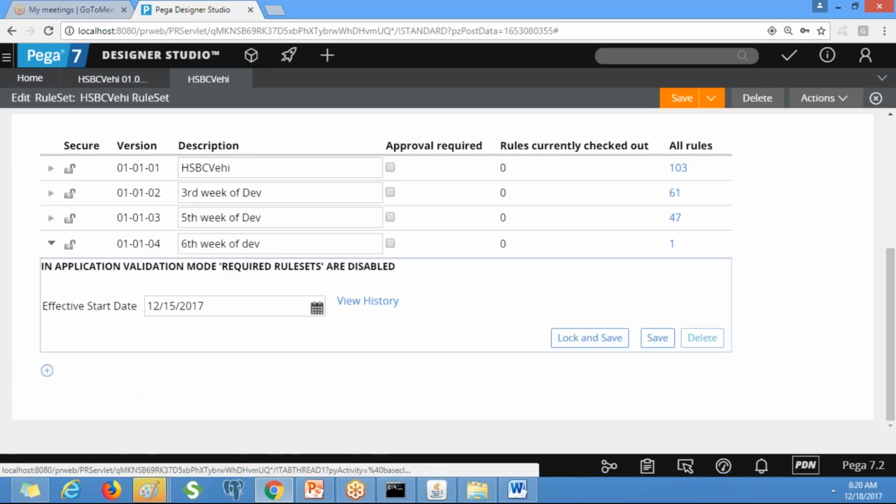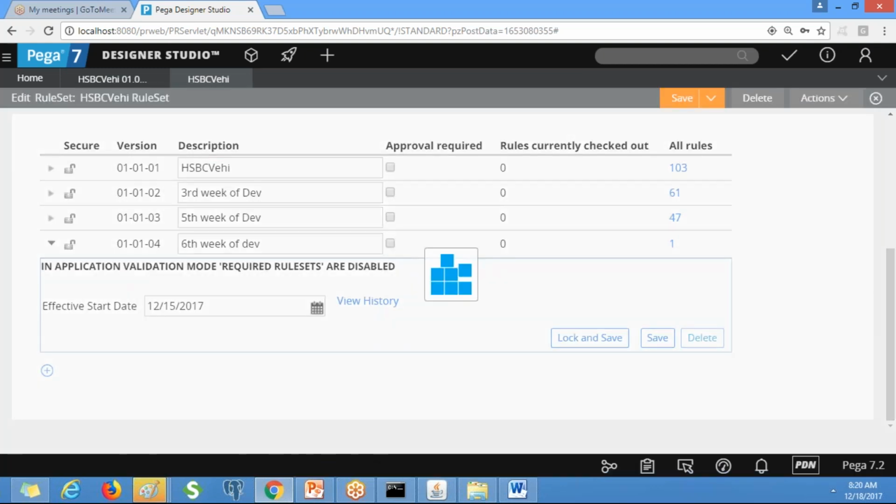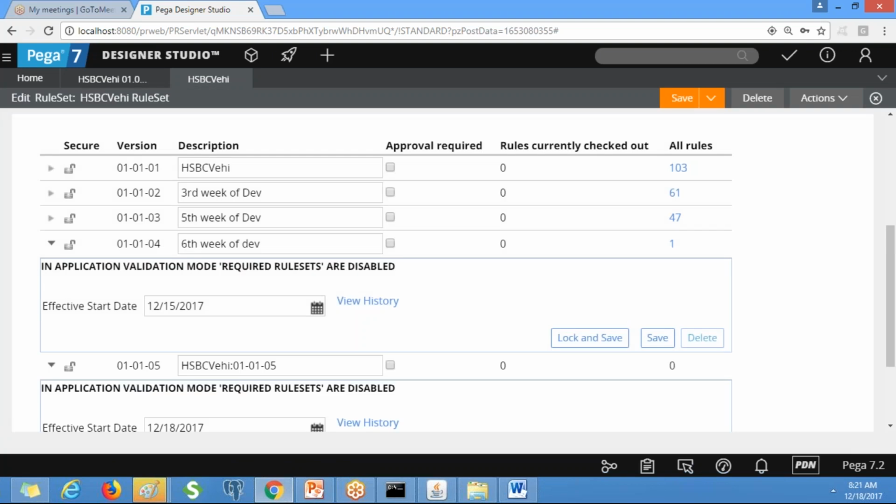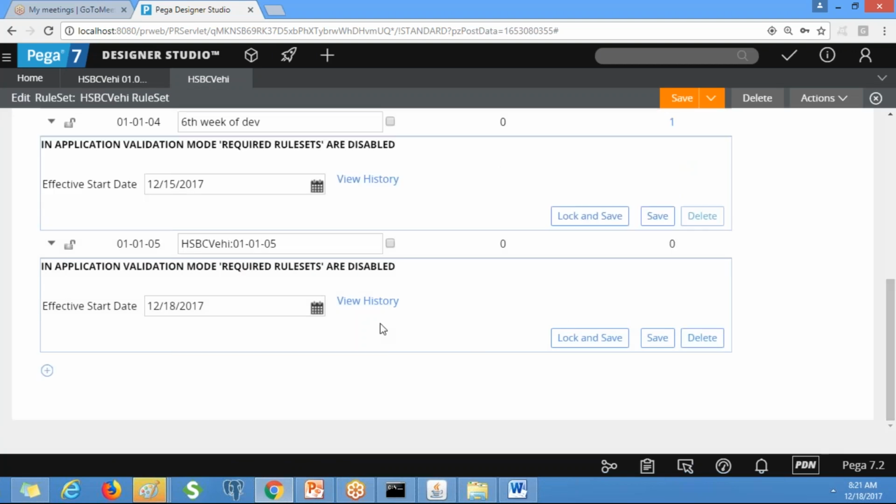Let me create a new rule set version. Okay, this is 05.